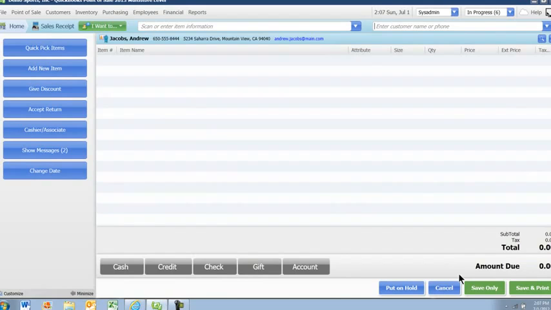Okay, so in summary, I would say the process to set up the reward program is pretty straightforward, not very complicated. And I hope you've been able to see how you would walk through here and set up each piece of this, and then how you would use this program to hopefully increase your sales, engender some customer loyalty, but also, just as important, maybe more important, is it's a great way to collect customer name and email information, and then you can use this information along with the email campaign functionality that's in QuickBooks Point of Sale that will allow you then to do some very targeted email marketing campaigns to your customer base and really